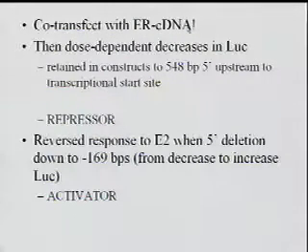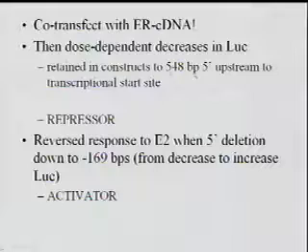So this is a convenient cell line for testing estrogen-dependent effects, estrogen receptor-dependent effects. So then after co-transfection, so you've got both of these being expressed in this transfected cell line, then you get a dose-dependent increase in the luciferase,